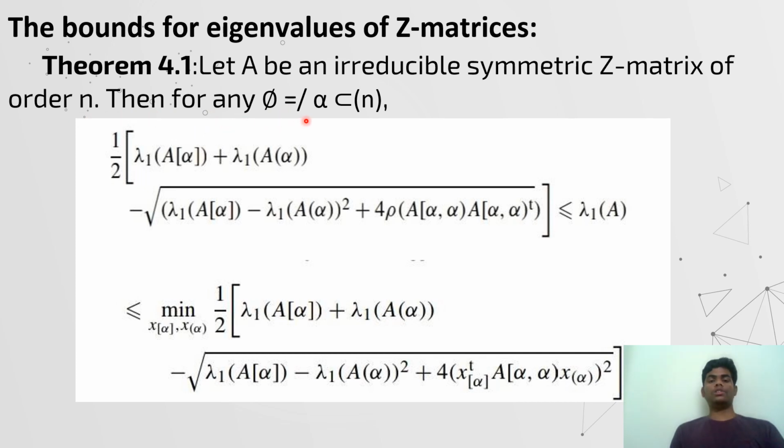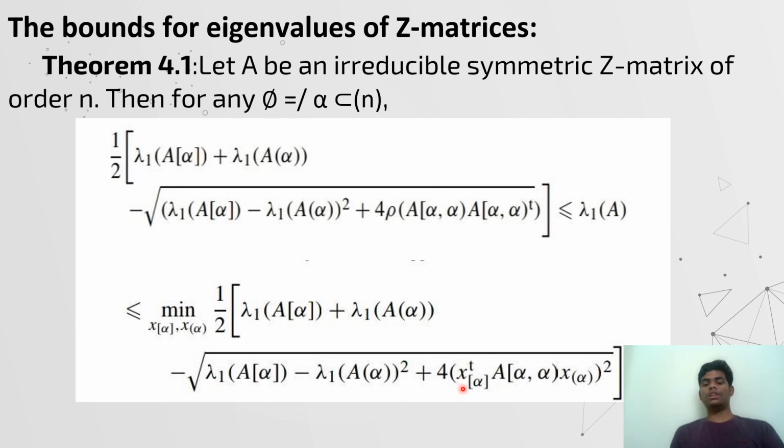Then for any α ⊂ n, one half of the bracket λ1(A[α]) plus λ1(A(α)) minus the square root of (λ1(A[α]) minus λ1(A(α))) whole square plus 4ρ(A[α, α^c] A[α^c, α]) is less than or equal to λ(A), which is less than or equal to the minimum over x_α of one half of λ1(A[α]) plus λ1(A(α)) minus the square root of